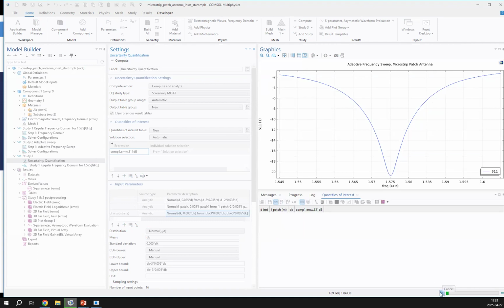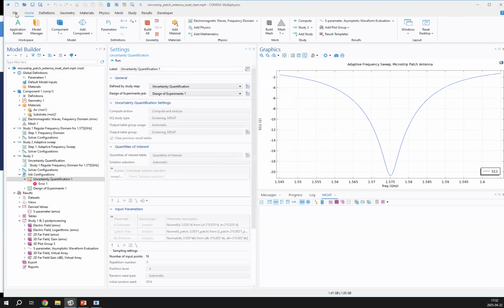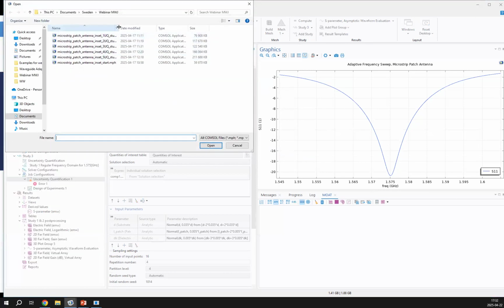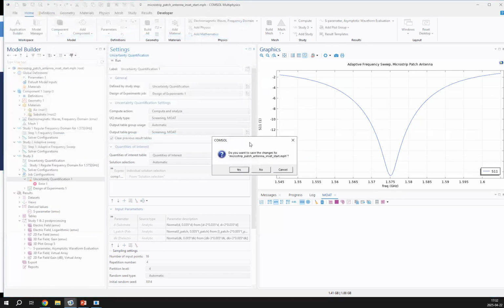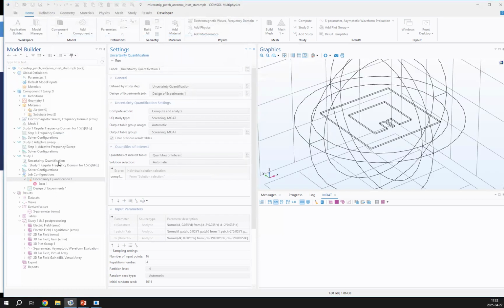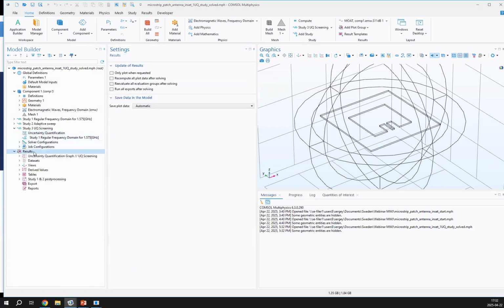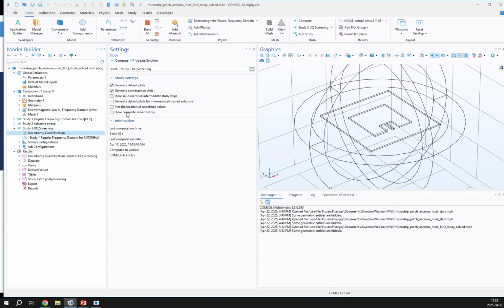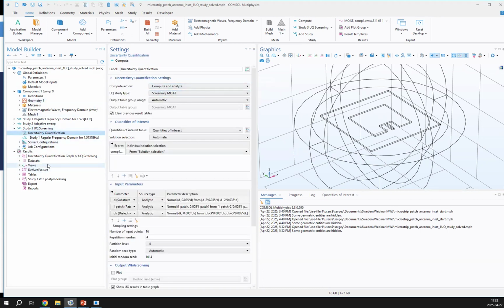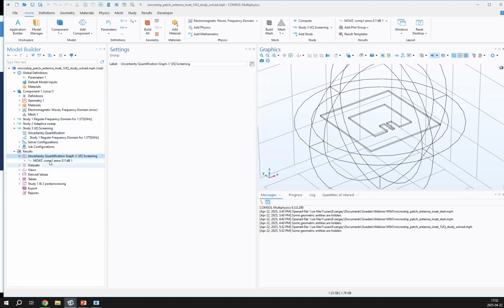Let's just cancel that simulation and check the model stage after we run that study that I pre-saved while preparing for that webinar. So here you can see that after we run our first screening analysis, we get